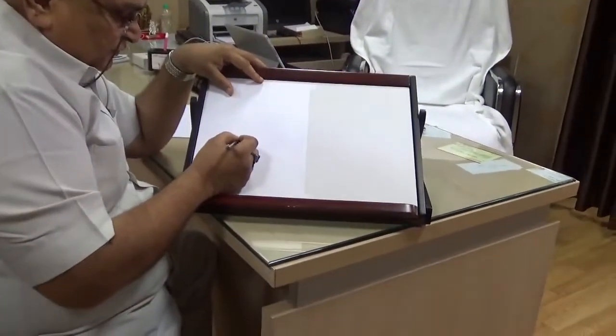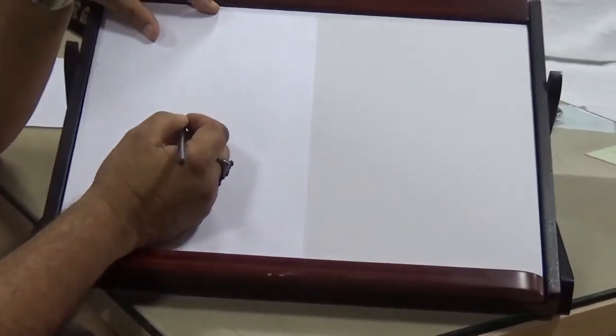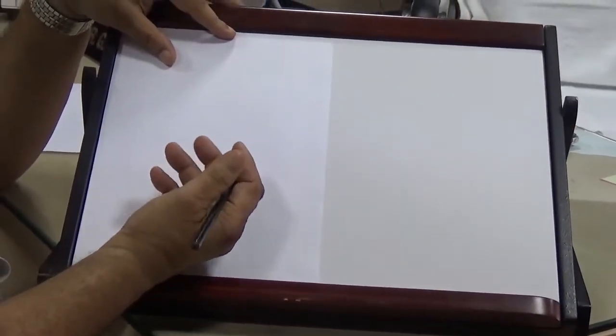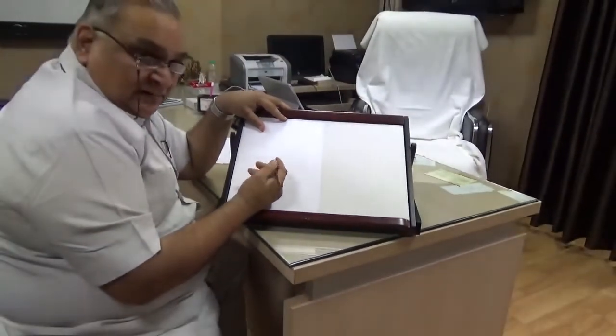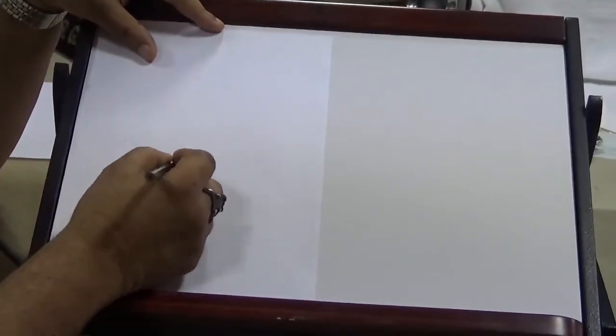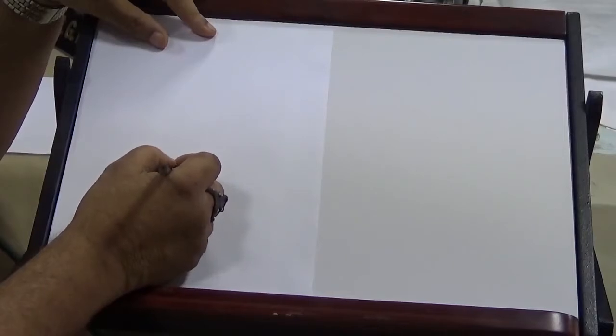So if you see the foot, you can see the foot from dorsum, from ventral side, from lateral side, from medial side. So let us see how to draw it. So first from the dorsal side. So from the dorsal side,